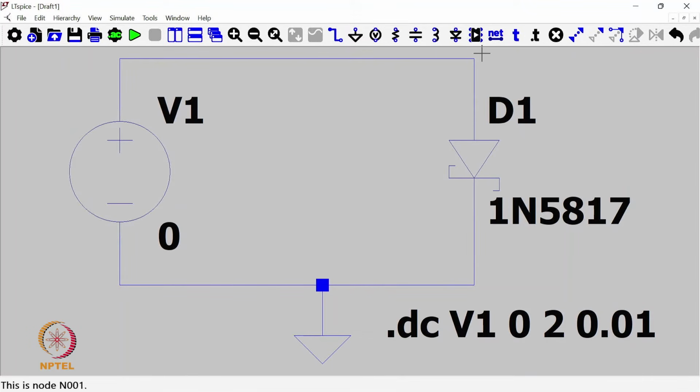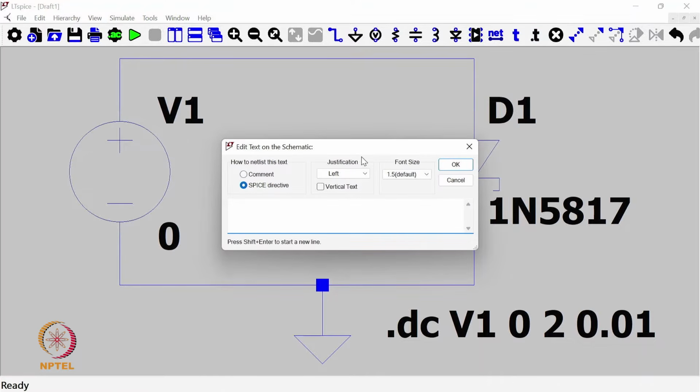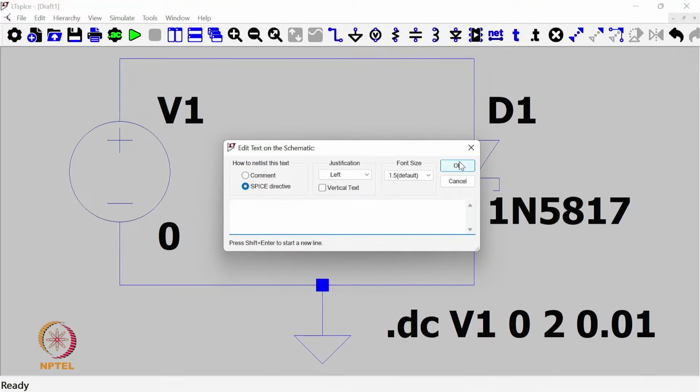So we use a SPICE directive, which is .temp, and the temperatures I want to use are -40, 25 and 125. These are very commonly used three